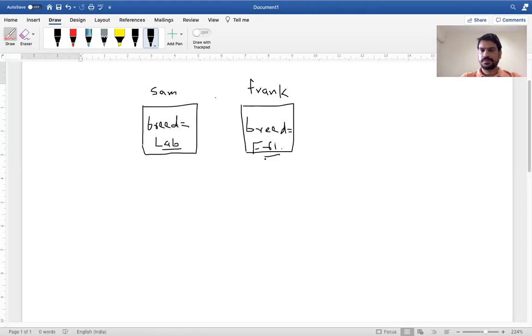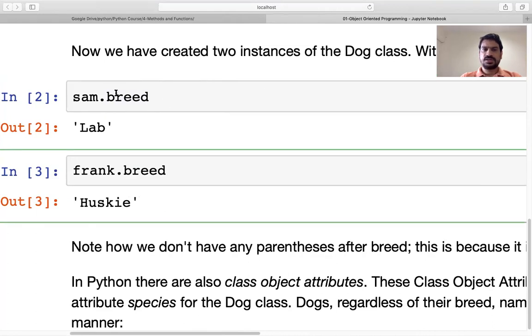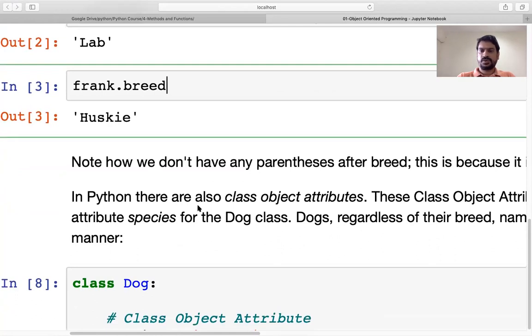Sam.breed will give me lab, which is a Labrador, and Frank.breed will give me Husky. The reason is that for both objects we have created two different memory spaces, and these memory spaces have the values. The first memory space, of Sam, has the value lab, and for Frank, it is Husky. So I think you understood what an attribute is.